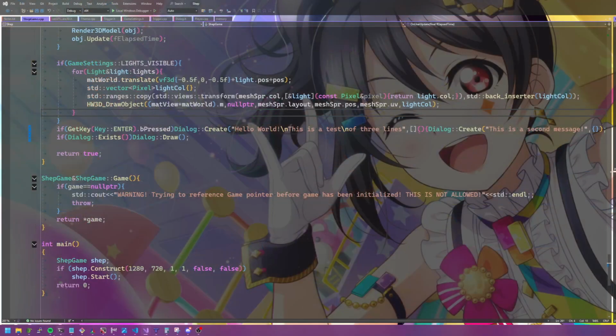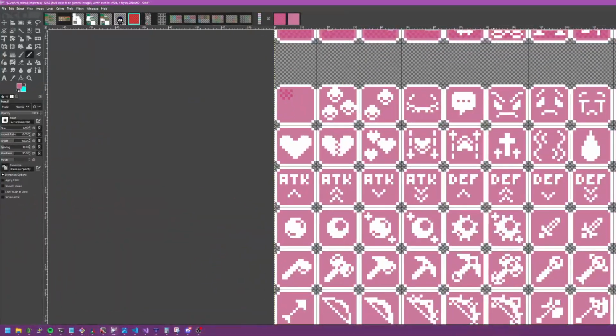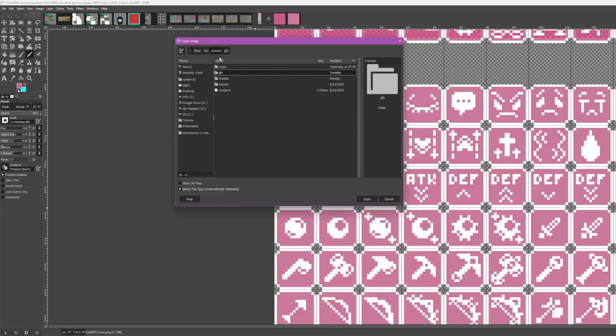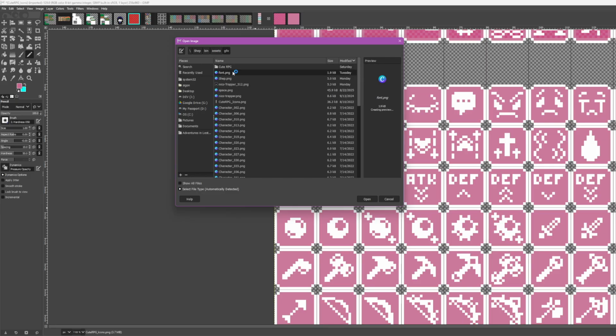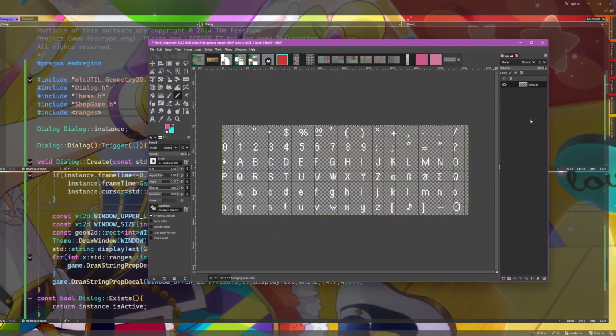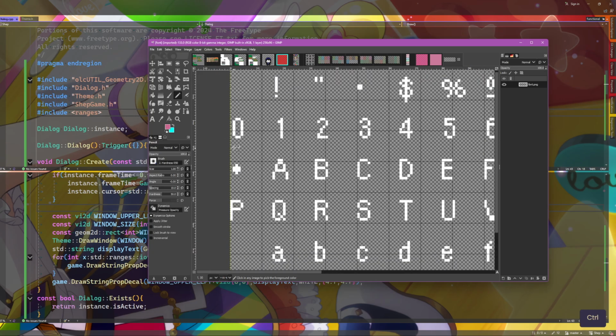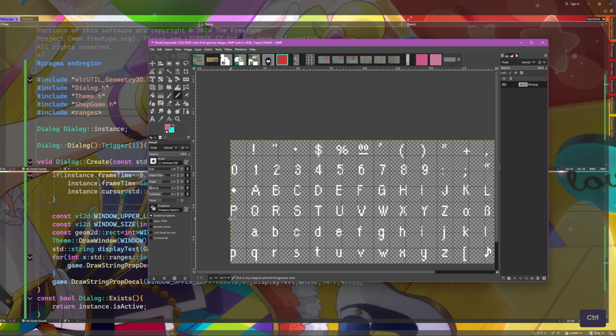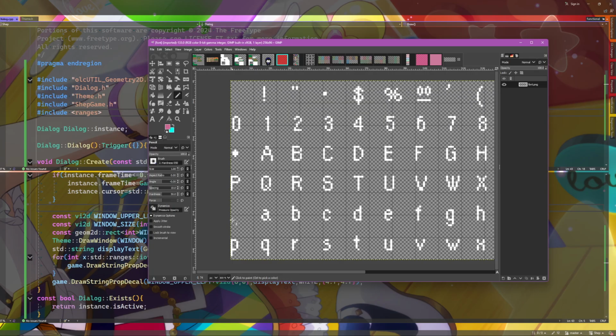So the way I did a dialogue system, or the shadow text, was I literally loaded up the font image and added shadows behind it. Which is funny because I'm like, oh, that sounds so obvious, and yet it's one of the things you never just think to do, right? But once you do, you're like, that makes sense.